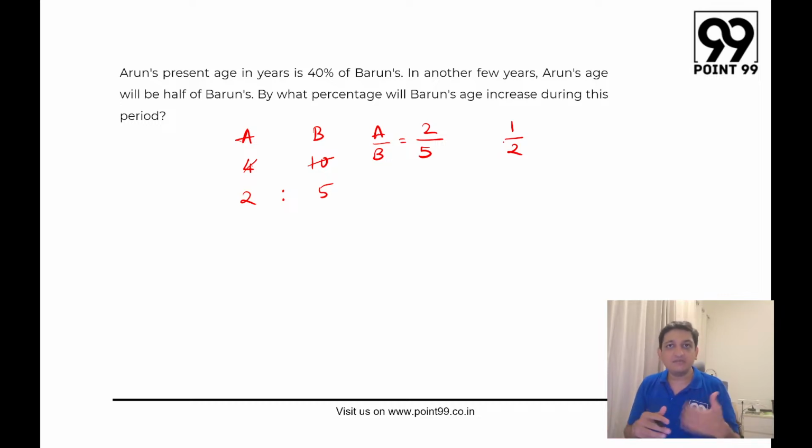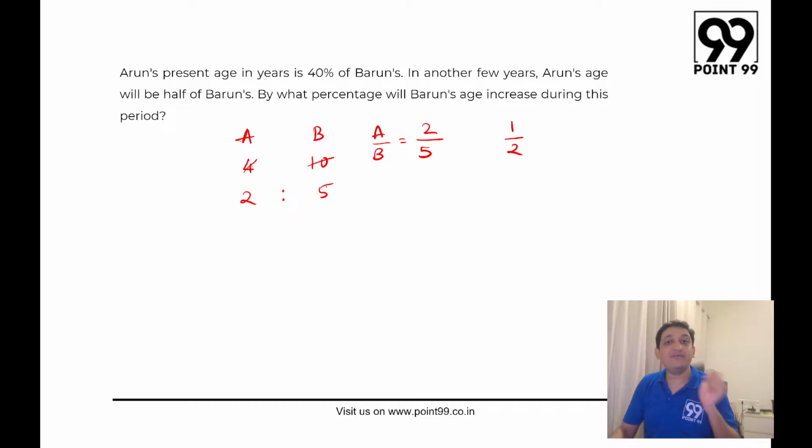So let's say for example you and your sibling are there, ठीक है? And you are elder to your sibling by 3 years. Let's say for example today you are 20 years old and your sibling is 17 years old. कल को when you become 25 years old, your sibling will be 22 years old, right? So although the number of years has changed, हम आगे चले गए हैं, but the gap will remain the same ना।